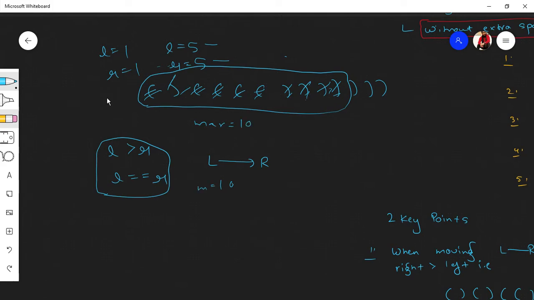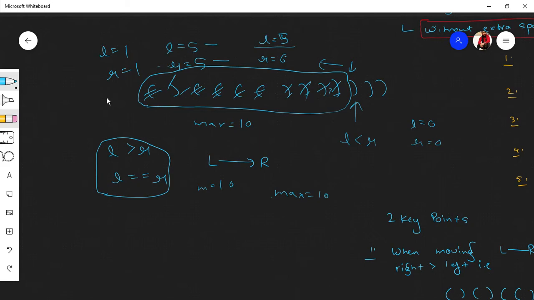But the problem arises as soon as we encounter our R, and R goes to 6 but L is equal to 5 only. We do not have any opening for this closing one, because left is smaller than right. So this indicates that now at this point our string needs to be refreshed, which means our L and R need to be 0 again. We'll start all over again from here, and whatever we had earlier, we'll store in our max length.